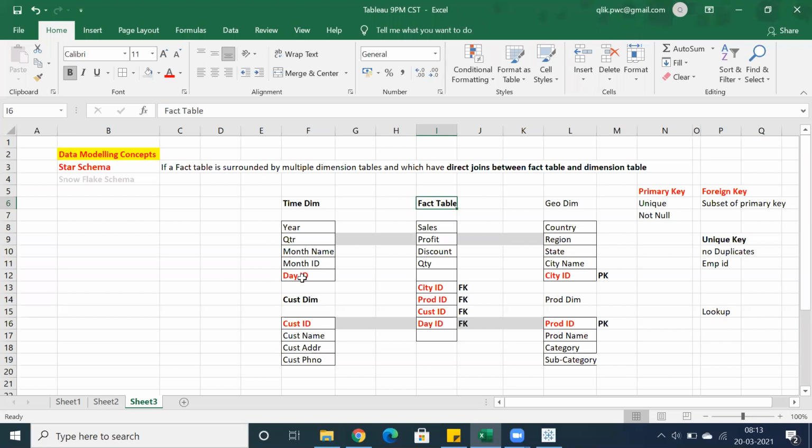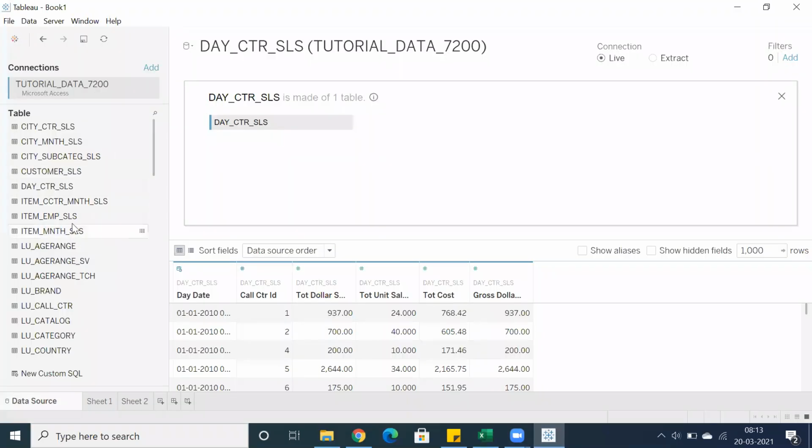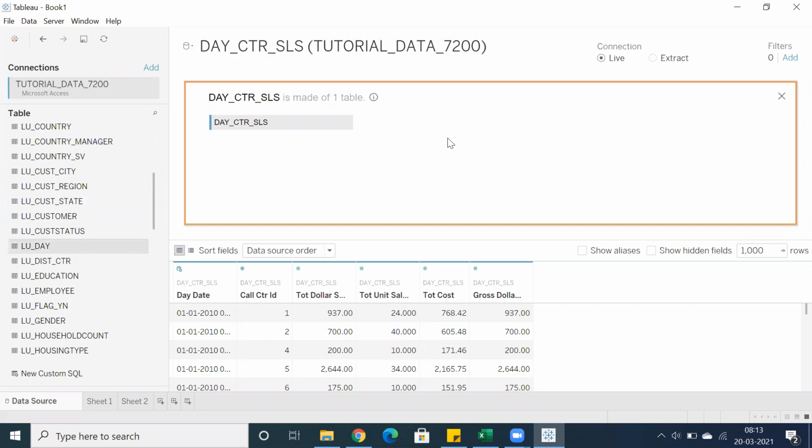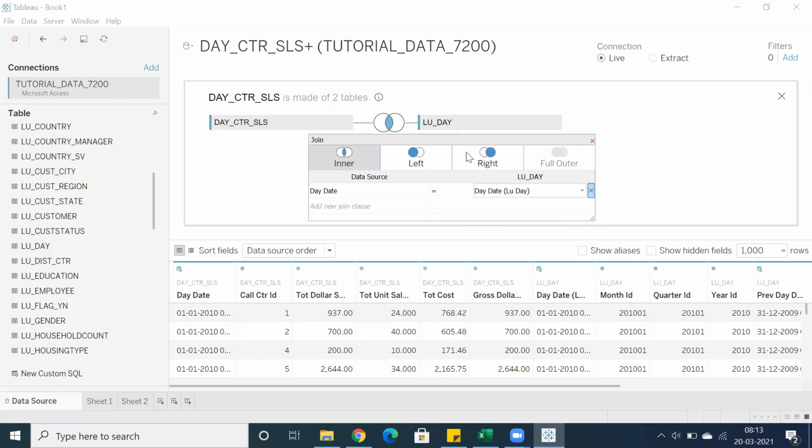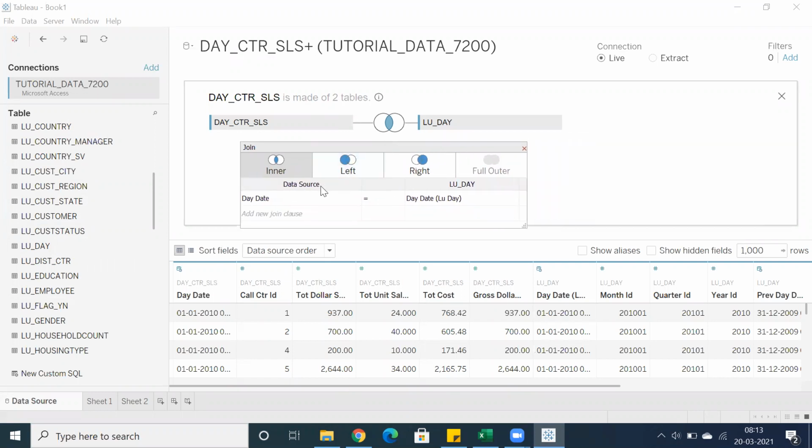And if you want to relate it with one of the dimension tables, we have a day table. So I will tell you how we are going to establish relationships. Whenever you drag and drop a table into Tableau, by default you're going to get the relationship, and we need to check whether we are getting the proper join or not. I'll take a separate session on this. Okay, so you can see joins. We have different types of joins: inner join, left join, right join. Let's put that aside. But what is the common key column between these two, the call center table and this day dimension table? Day date, correct?